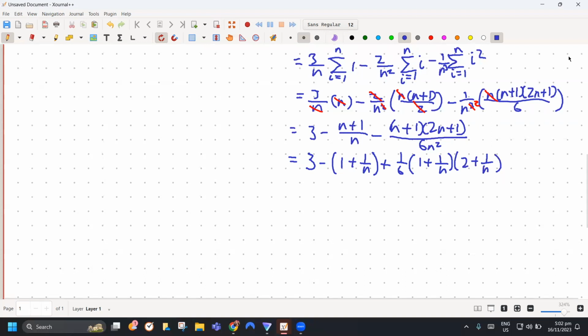Okay, clear ba paano nangyari yan? So, yung isang n, inabsorb ng n plus 1. Yung isang n, inabsorb naman ng 2n plus 1 to get that. Pansin mo, yung mga nasa denominator, panay 1 over n siya eh. Kasi pag ganyan, in the limit as n approaches infinity, behavior ng 1 over n, di ba? That goes to 0. So, ano yung limit as n approaches infinity? So, if a sub n is that, limit as n approaches infinity of a sub n equals,